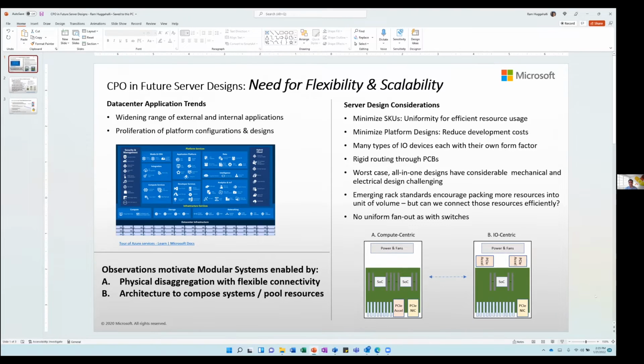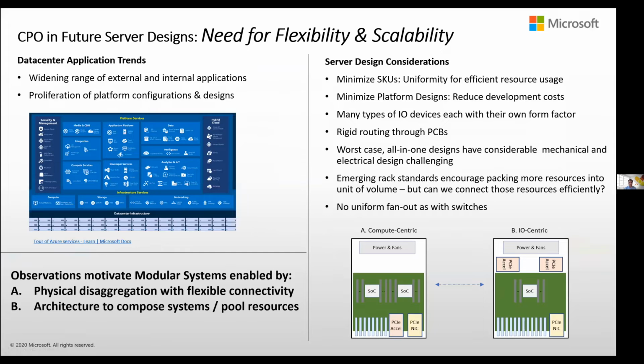I've got 3 main slides and I want to take you through another familiar notion, I would say it's not a new notion, of disaggregation. And on this slide, I want to mainly talk about where the need for flexibility and scalability is coming from, especially in the context of server designs. Co-packaged optics is not a new notion. I think we've had some excellent introductions to that topic, and refreshers, from both Catherine at the beginning of the day, as well as Rob.